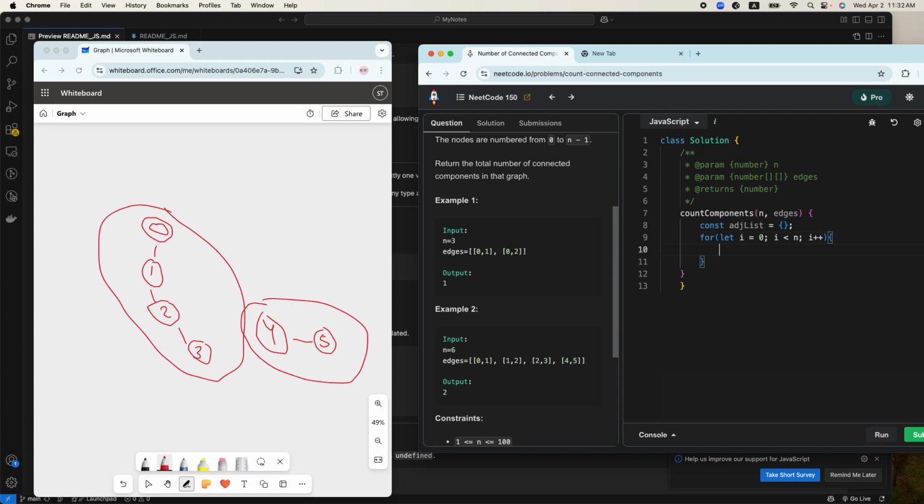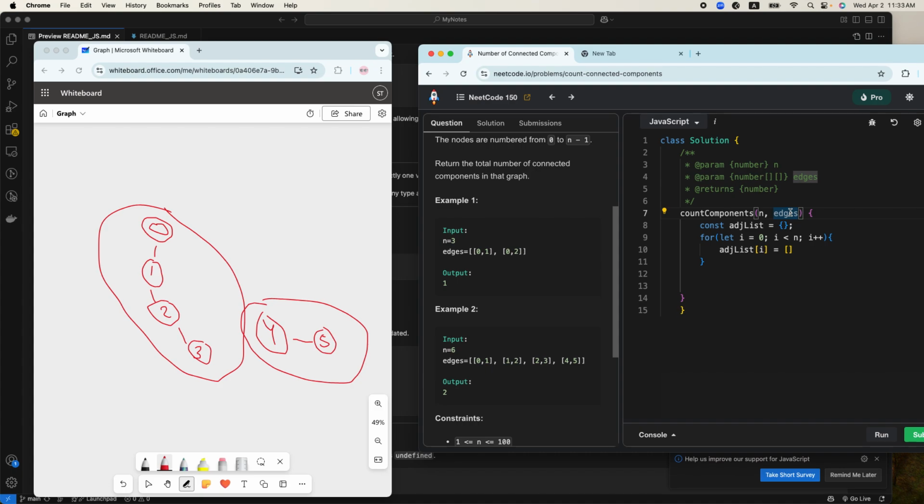So every time you create adjacency list, the i equals to an empty array. So here you are creating an object that has keys, but the values are empty arrays, because the values come from